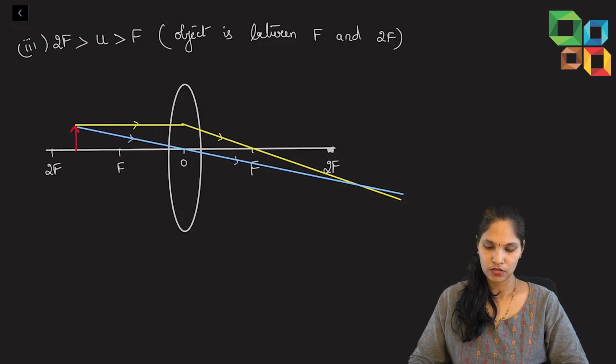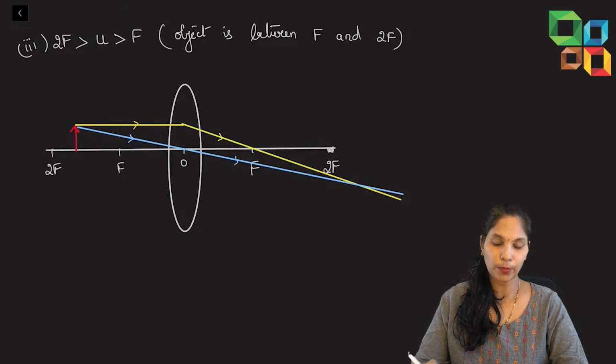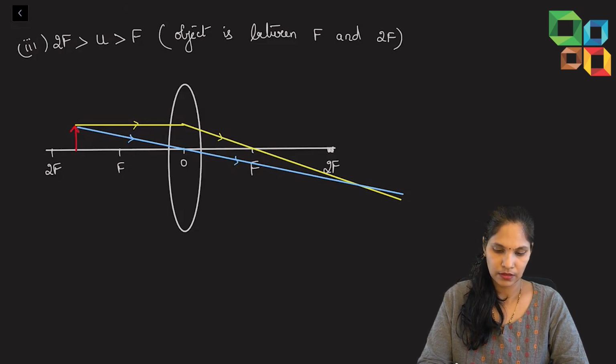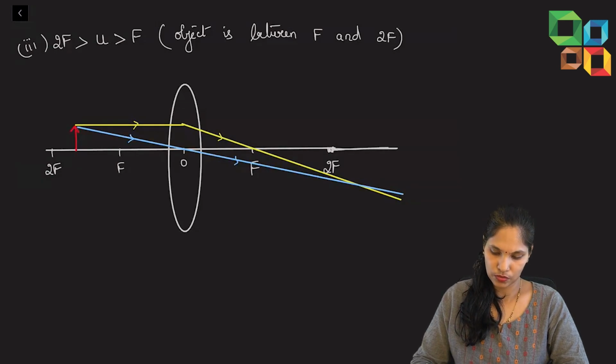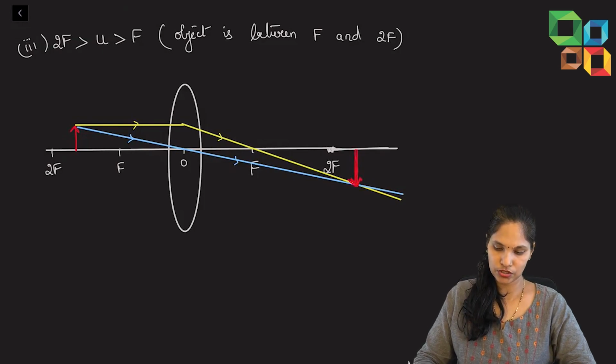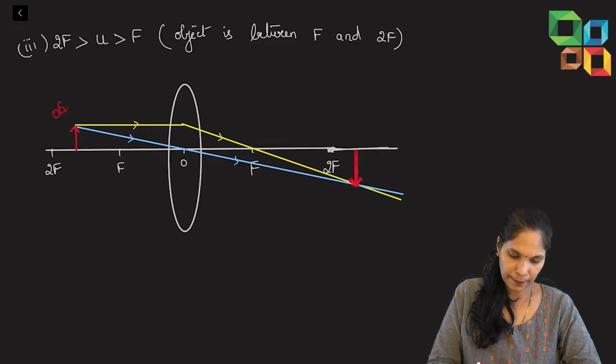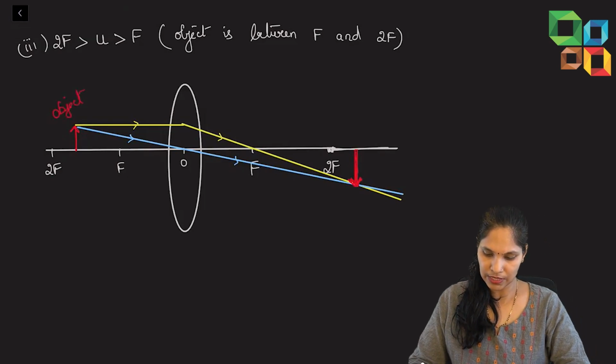Okay, so you get it like this. You do it with the proper measurement, you will get it. You should get it. So the 2 points, the 2 rays are meeting here at this point. So this is a point where you are supposed to get the image. So this is the object and this is the image